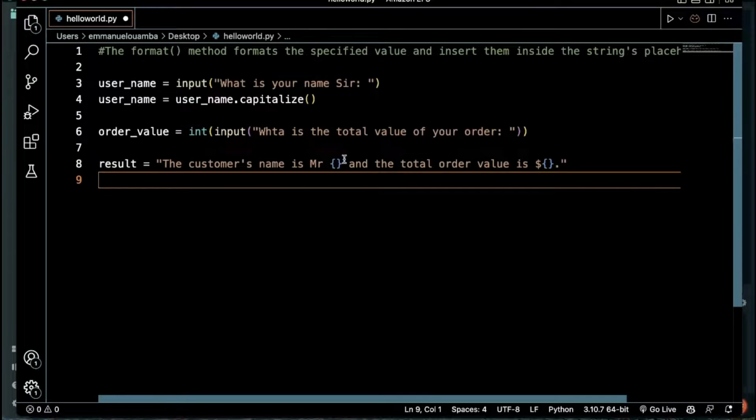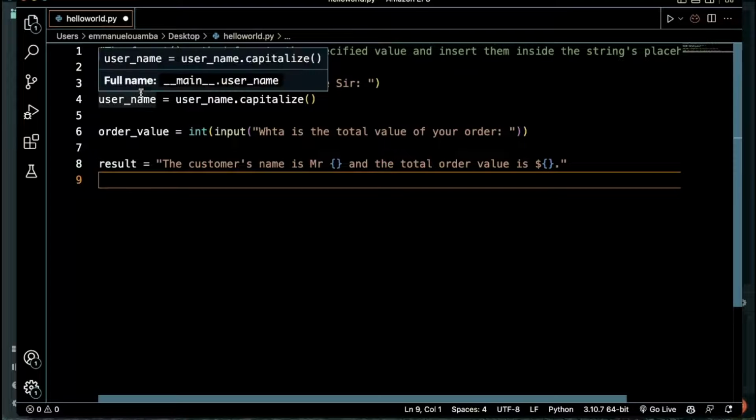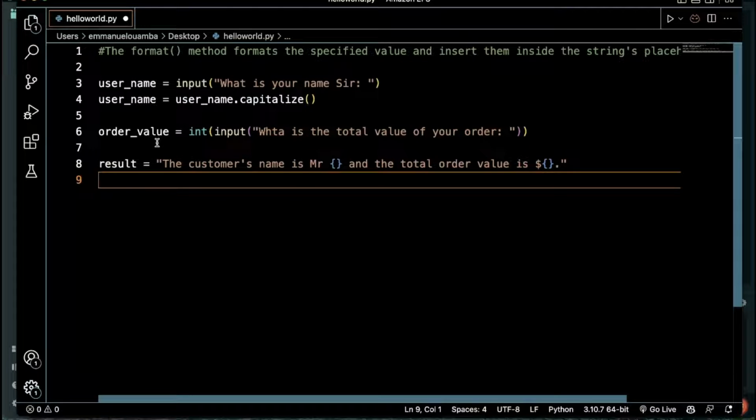So this curly bracket replaces a string placeholder where the format method will insert username and order value, the value of these two variables,